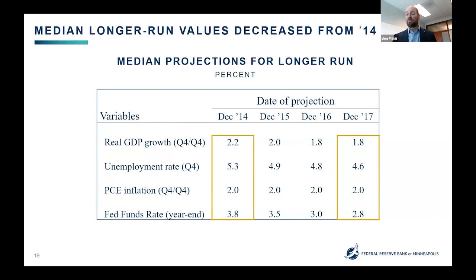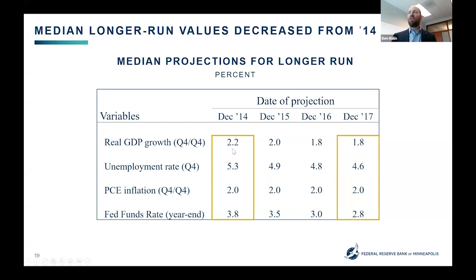The economic activity was picking up, but the unemployment rate was staying around 5%, and inflation was not picking up and going above the 2% target. It was actually staying below the target. And so if you look over these years, so this is the SEP as of the end of 2014, 2015,